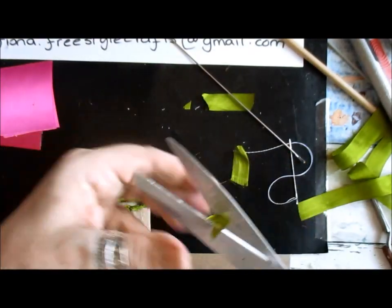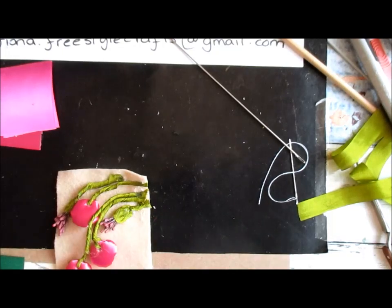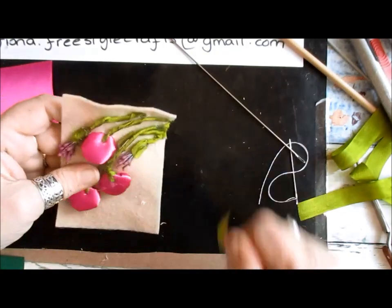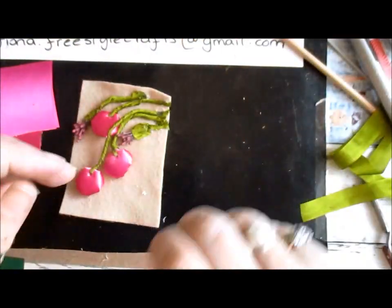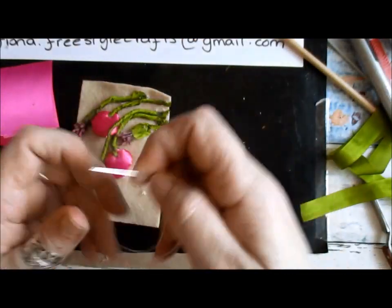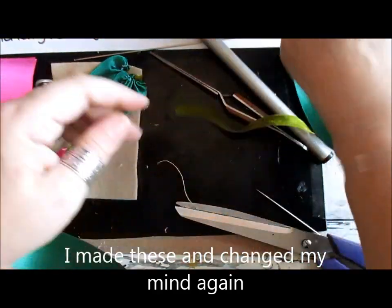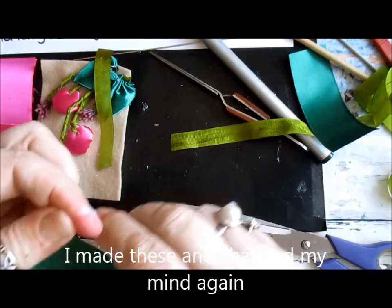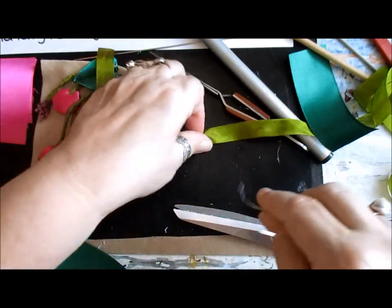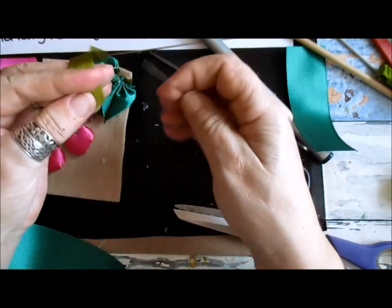Now, I don't know what cherry leaves look like. I don't care. I'm going to do my leaves that I like. And so I'm going to rethread my needle. I need a longer one, actually. You know, I can... here's a piece. I'm just sharing with you what you can do and add. So, I'll just take that. Oh, where's that piece gone? Here. Right, and then what we can do is,